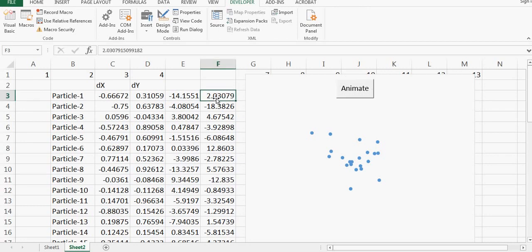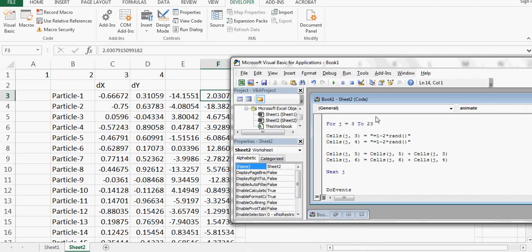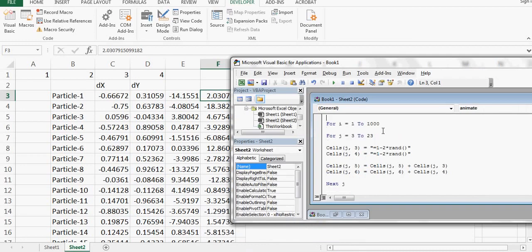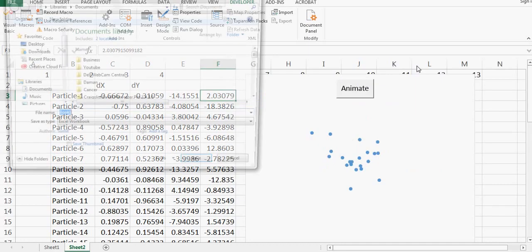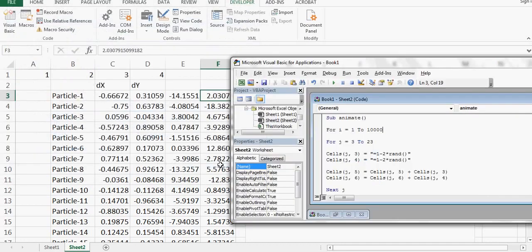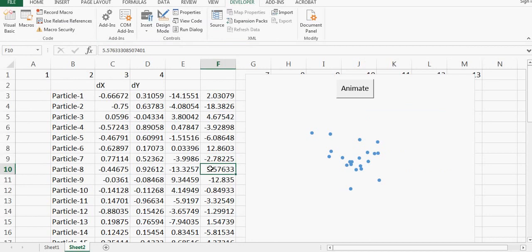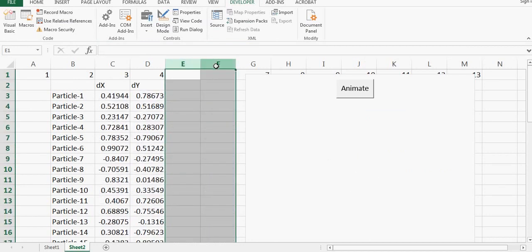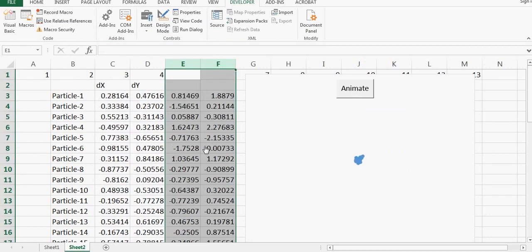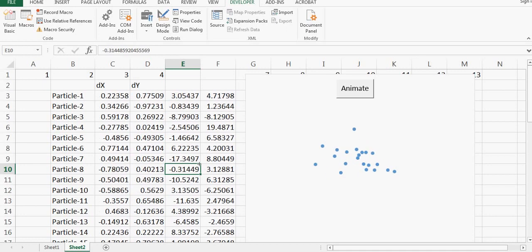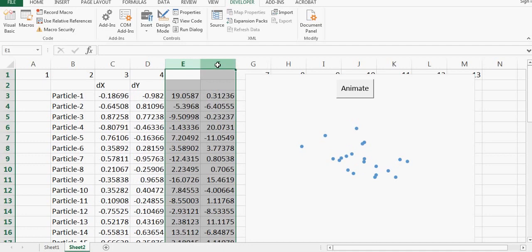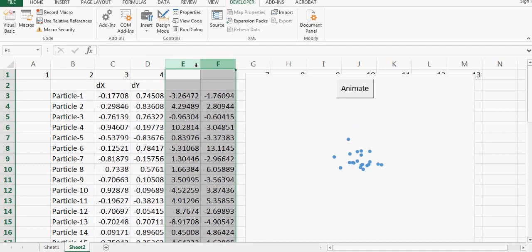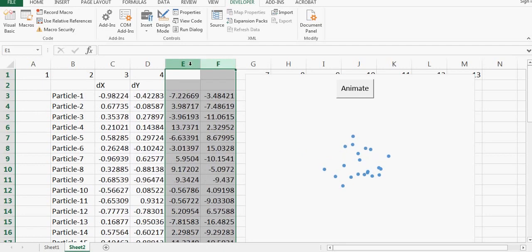Click animate here. Let me go back to the program and call this as, instead of doing 1000, I'll do 10,000 loops, so that I have non-stop animation, right? Yep, 10,000. Now I'm here. I'll delete this. I'll say animate, and now you can see that the particles are moving around. Anytime I can click like this and they will start from 0. So this is how you do the animation.